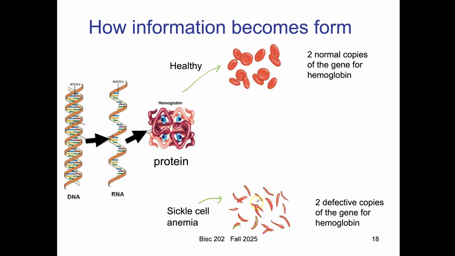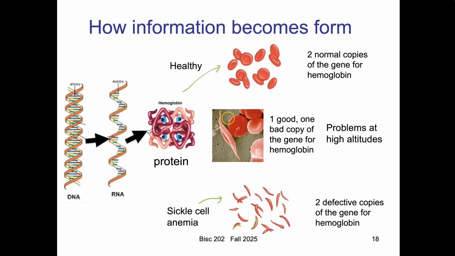And because they don't carry oxygen very effectively, people are very, very sick. They have a ton of pain. They're always short of oxygen, have low levels of oxygen and so on. And so they're very sick. It's an awful condition. If you have one good and one bad copy of this gene, you have some normal